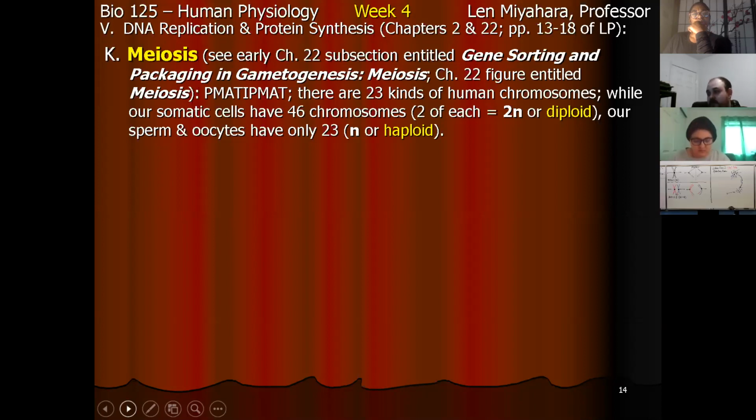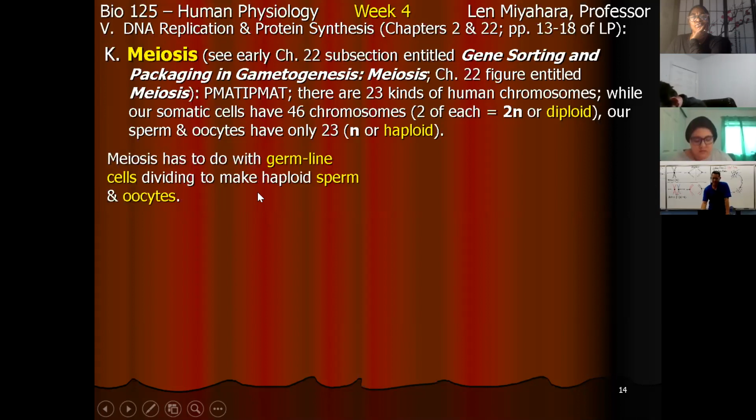And what does that tell you? Everything but interphase happens twice. So there's two rounds of cell division. PMAT is cell division. So if it's PMAT, IPMAT, as it says right here, there's going to be two series